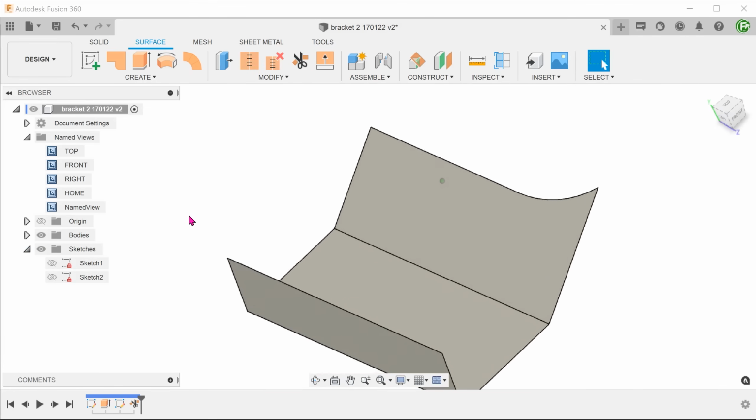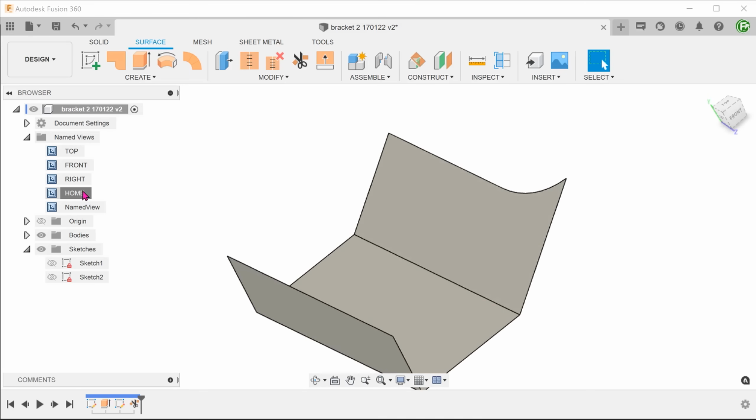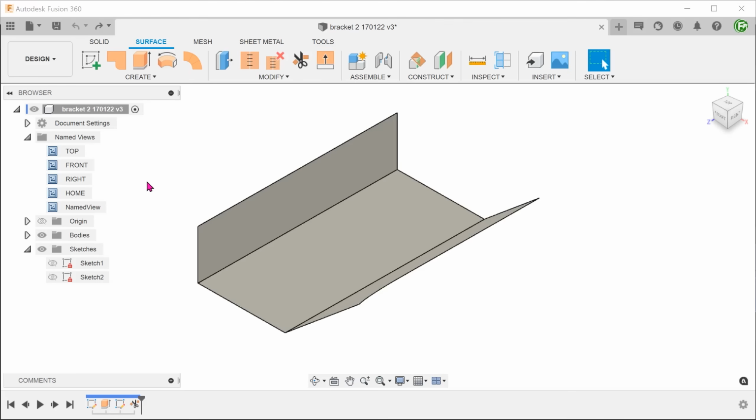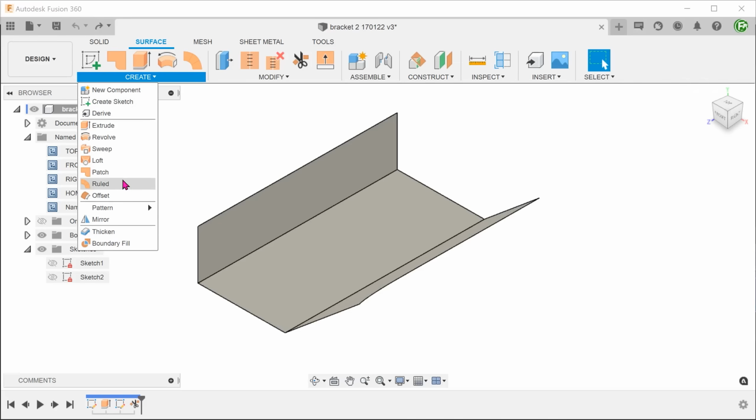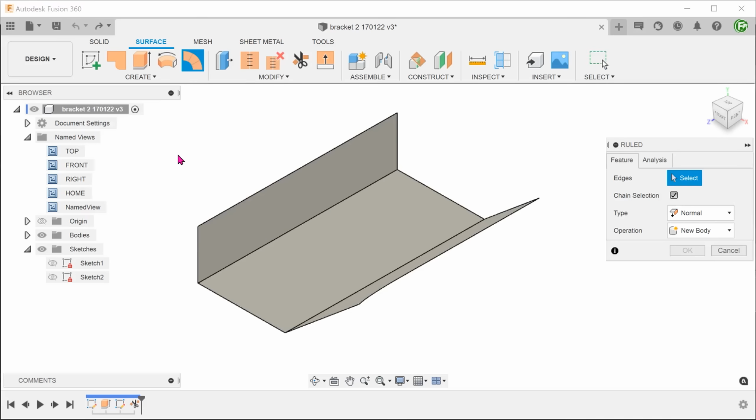From here, I'm going to create a route surface. The route surface is pretty similar to the sheet metal flange command. Go to Create, Route. Remove the chain selection option so that we can select edges individually.